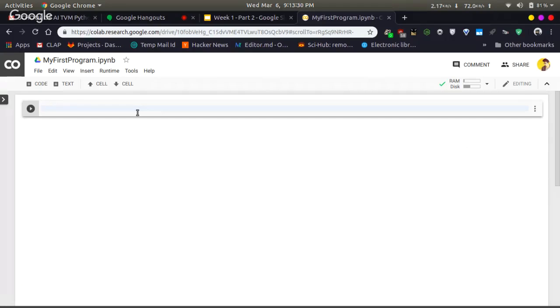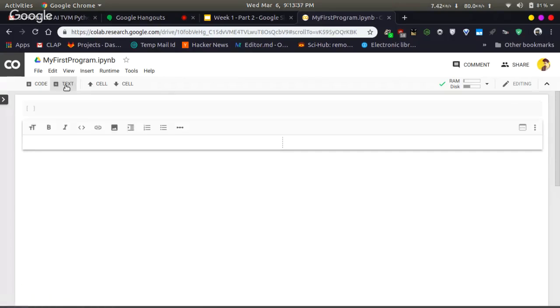Now, let us talk about the text cell. What actually is a text cell? The advantage of this notebook is that it also supports Markdown. So you can type Markdown language in this text cell.